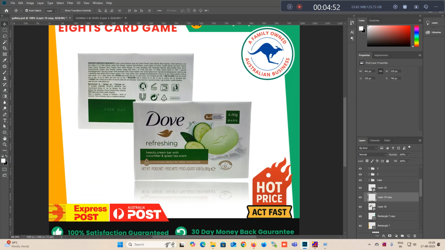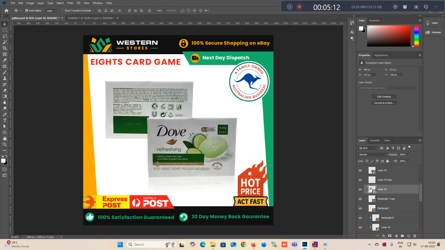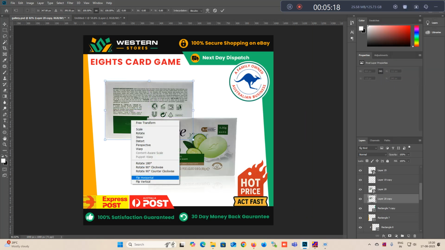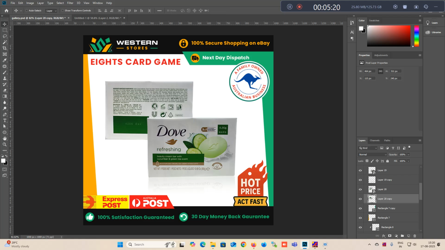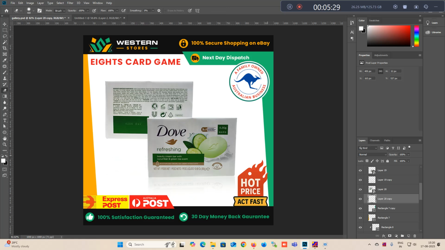Then you can decrease the opacity as per image brightness, like 30% or 40%. 45%. Like this. Same process we can do like this. You can rasterize the image, Control T, and then right click and then flip vertical. Here, select the eraser tool and erase it. Then